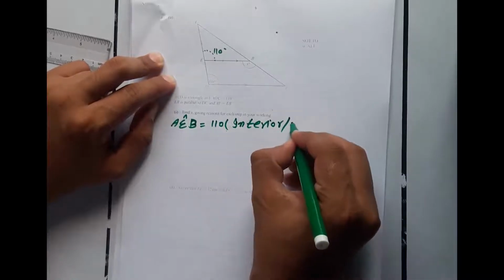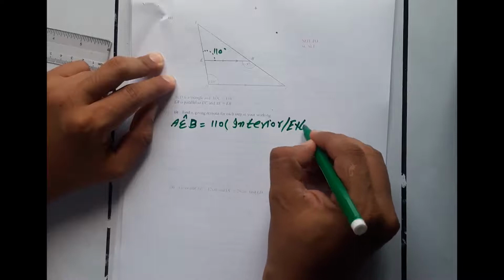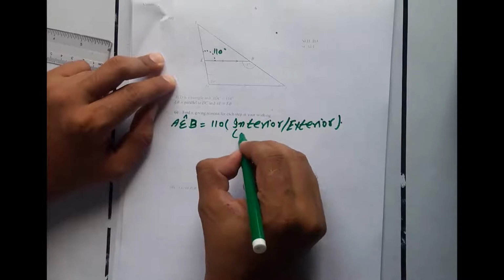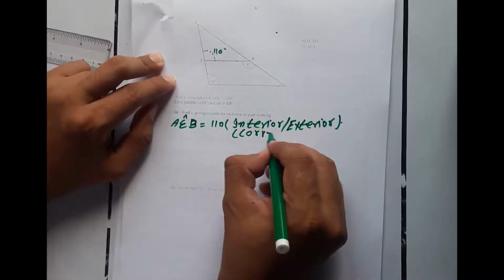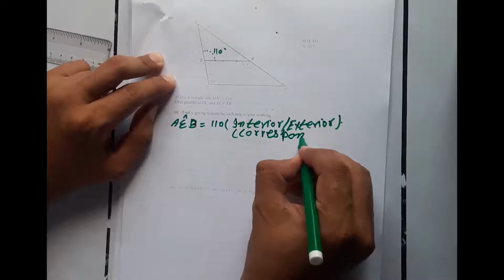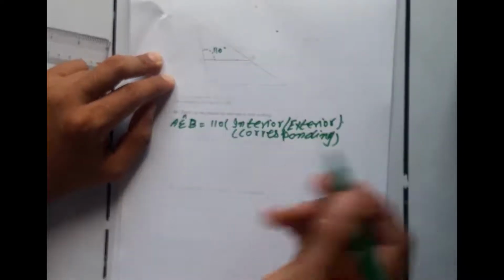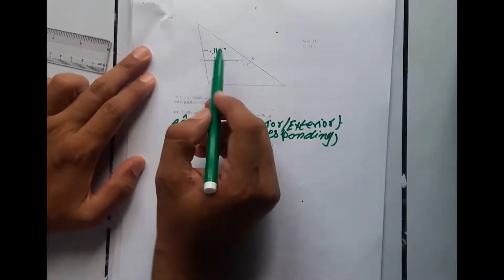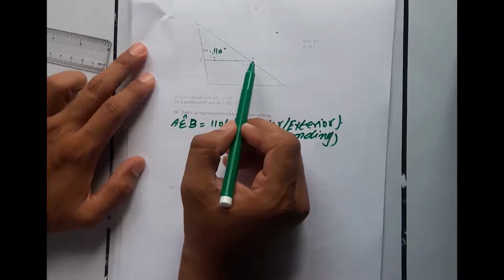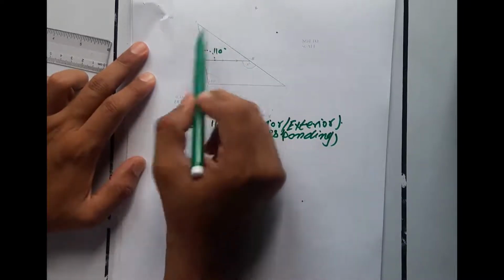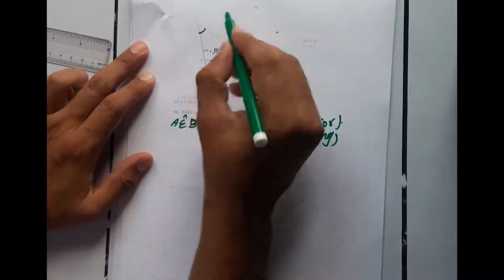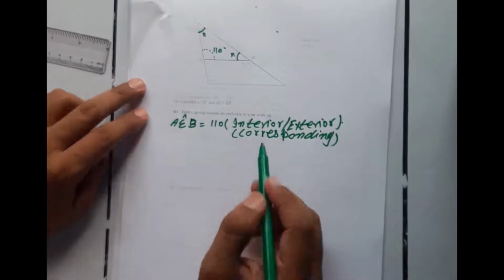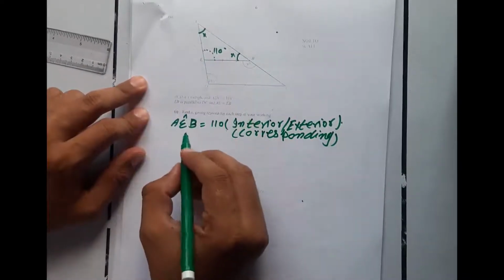You can use these two statements. Then AEB has been found. Now AE and EB are given. They are equal, which means this is an isosceles triangle. So this will be equal to x and this will also be equal to x, because this is an isosceles triangle. So the sum of interior angles of a triangle is 180.